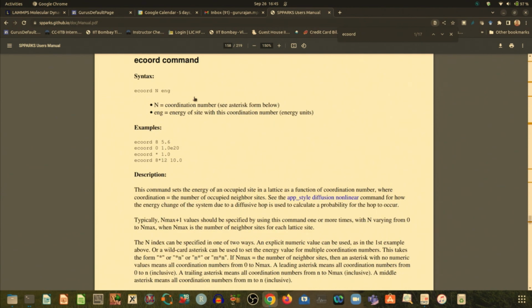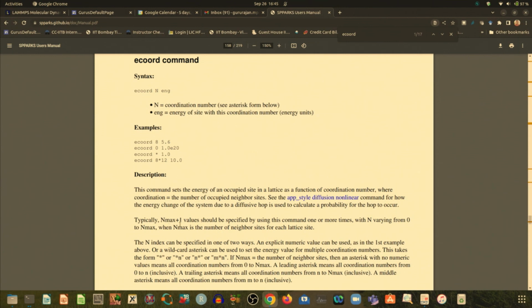Yeah. So you have to give E coord and the coordination number and what is the corresponding energy. So if it is a square lattice and you have 4, you have to give E coord 4, E coord 3, E coord 2, E coord 1 and E coord 0. That is how you have to list. So they say that sets the energy,